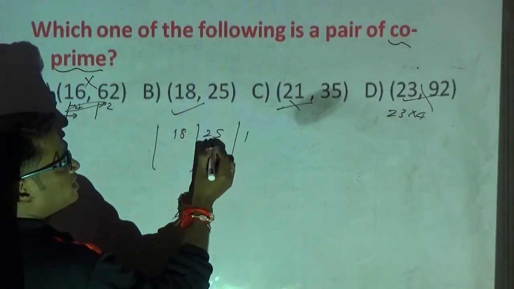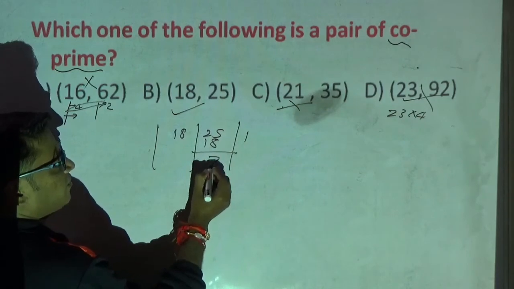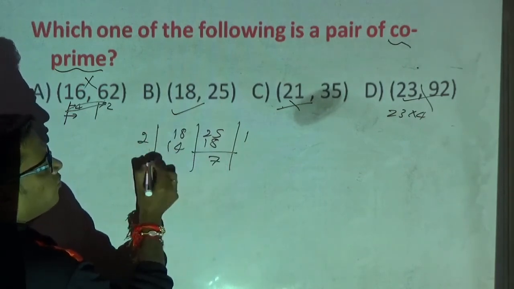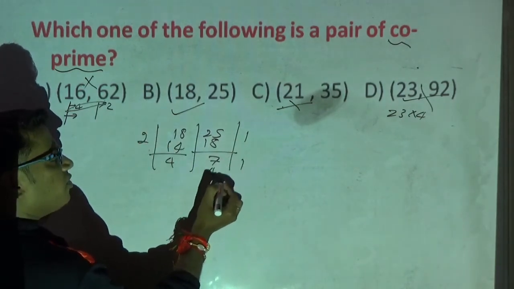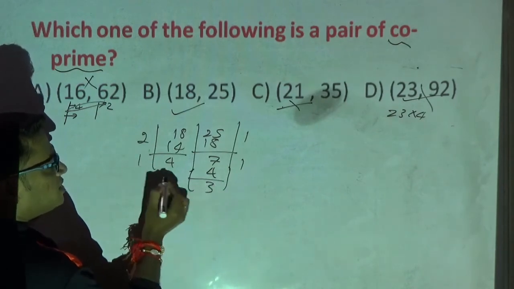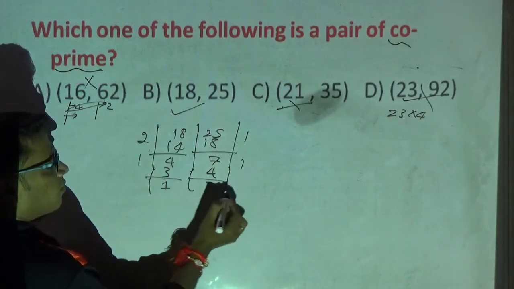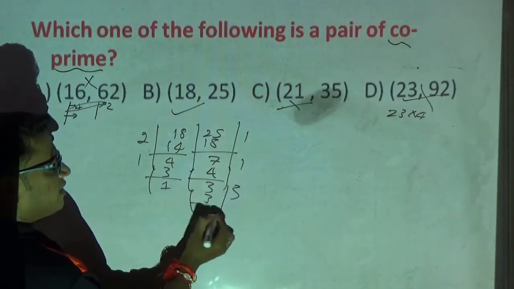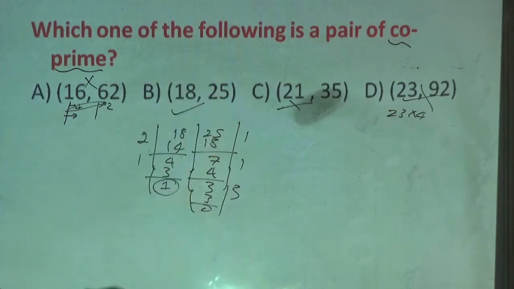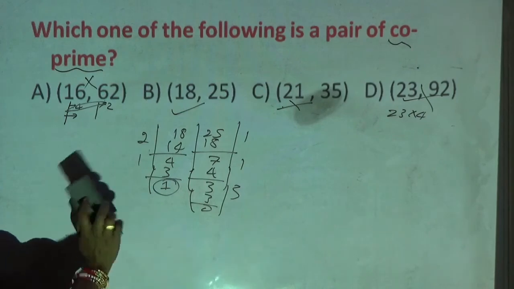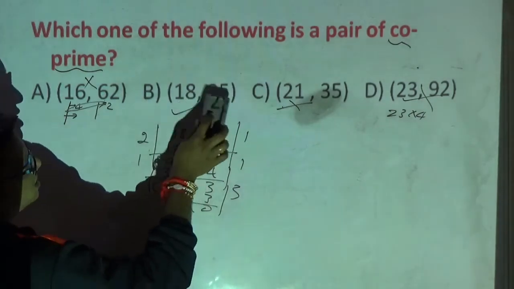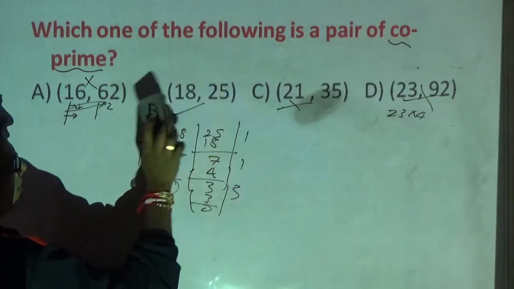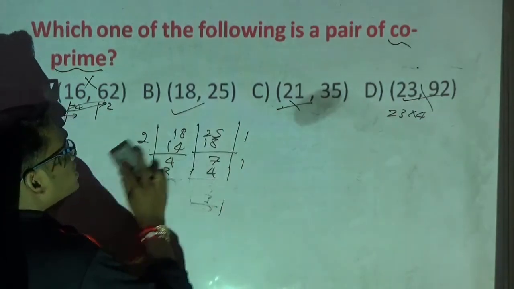18, 1 times is 18. What is left out? Then 7 left out. 7 2s is 14. 4 left out. Okay, 4 1s is 4. 3 left out. 3 1s is 3. 1 left out. 1 3s is 3. Okay, what is your HCF? 1. Straight away, I told these two are co-prime numbers. So how to check whether it's a co-prime or not? Their HCF should be 1. Looking into the example, I came to know that HCF is 1.